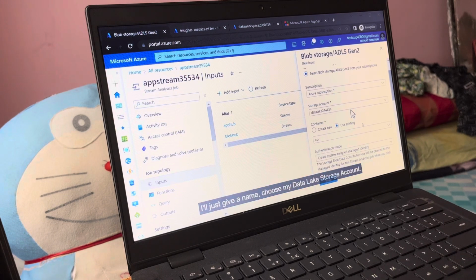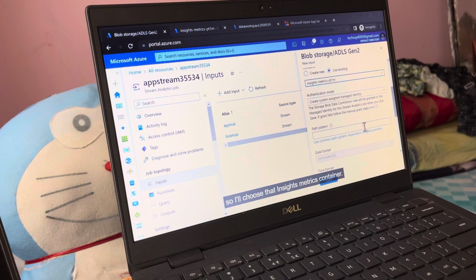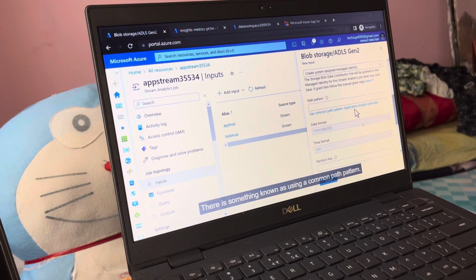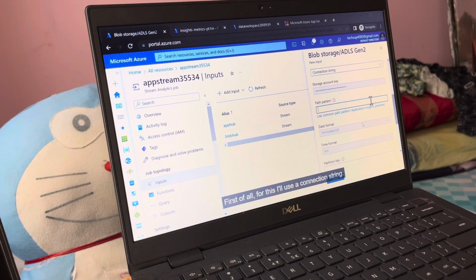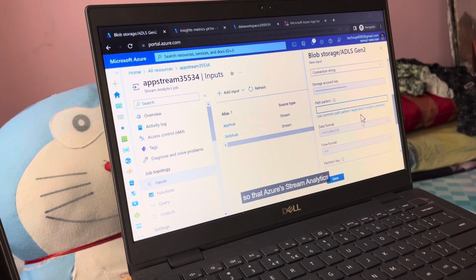I'll just give a name, choose my Data Lake storage account. In terms of the container, I'll choose an Insights Metrics container. There's something known as using a common path pattern. Of course, for this I'll use a connection string. So what is the pattern that we need to put into place so that Azure Stream Analytics can actually pick